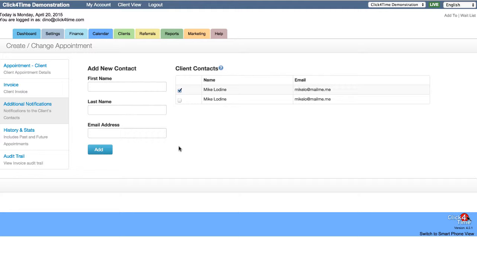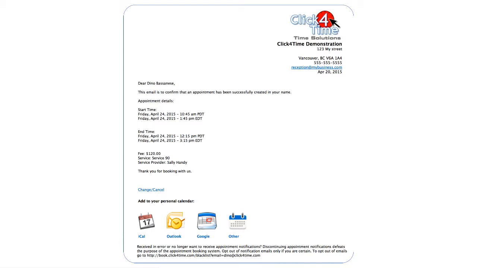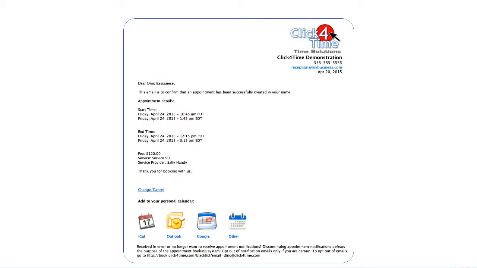Let's have a quick look at what a client notification email looks like. It's easy to see how the template and variables make up the email. Now, with the added branding of your logo, business name, address, phone number, and email address, the notification really comes to life. Now, as a side note here, you do have the ability to suppress the display of the business address, which is useful for businesses that don't operate in a single physical location.